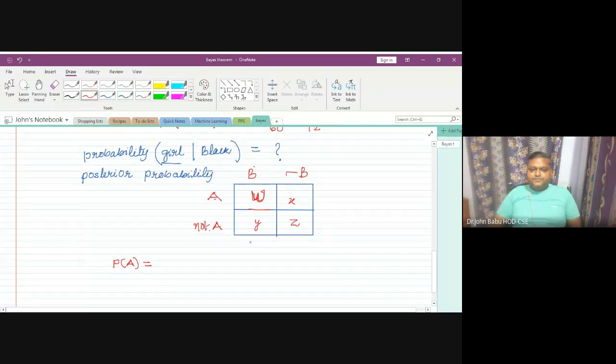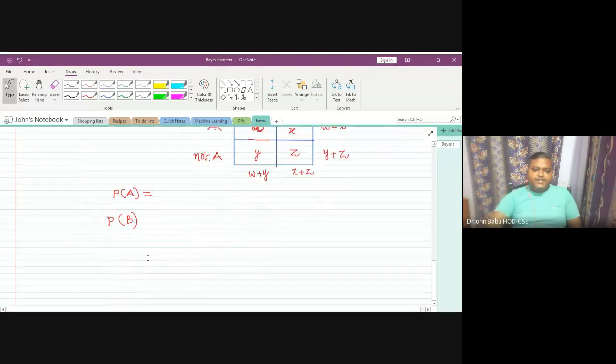W, yes, W plus Y. A plus B, then this is X plus Z. This is W plus X. This is Y plus Z. What is the probability of A, what is the probability of B, and what is the probability of